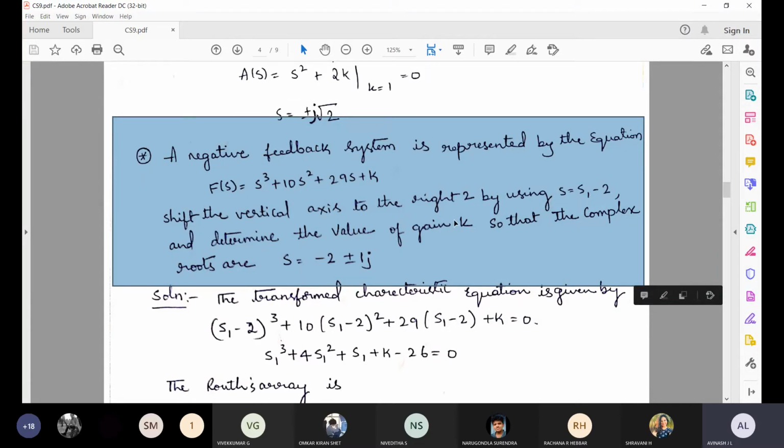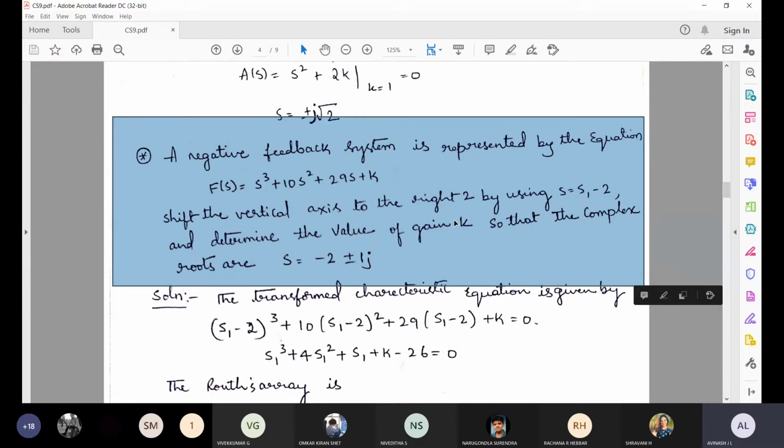So far, the types of questions you have seen: first, directly they will give you the characteristic equation. Second, they give the characteristic equation, but you may face difficulty level 1 or difficulty level 2. You know how to solve that also. After that, they will give you the system, so from the system you need to derive the characteristic equation and then solve it. That is the next thing.